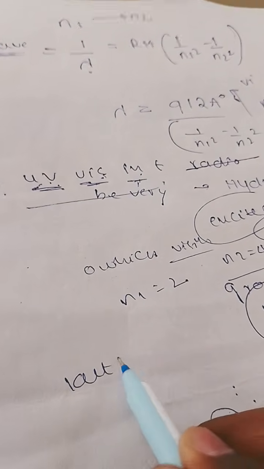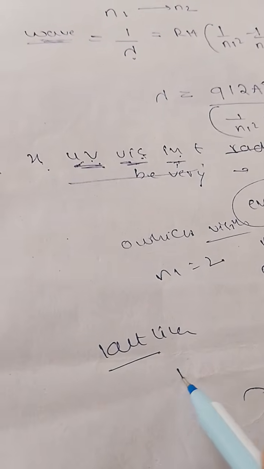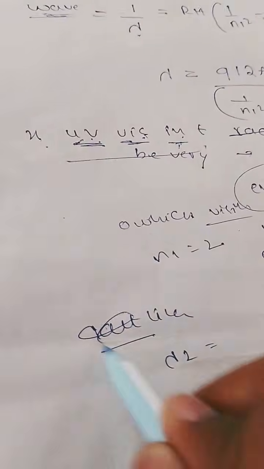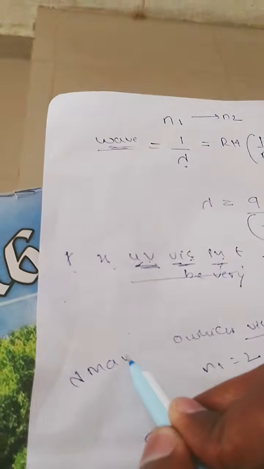Now they will ask about the last line. Last line means they take n2 equal to infinity. So they will ask lambda max for the Lyman series, where Lyman means n1 is 1. Here 1/n2² equals 0. Minimum means